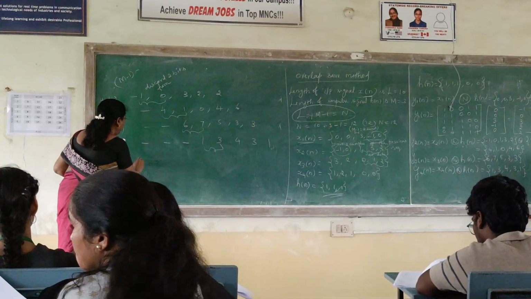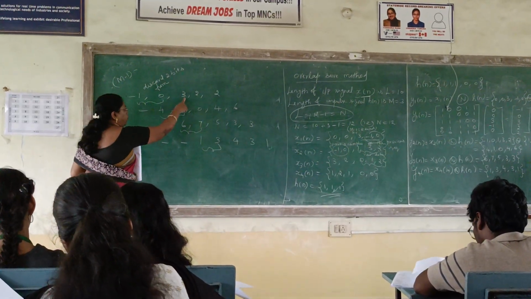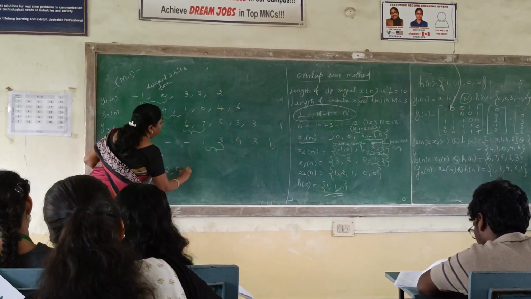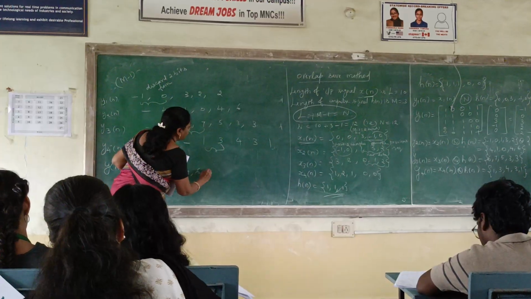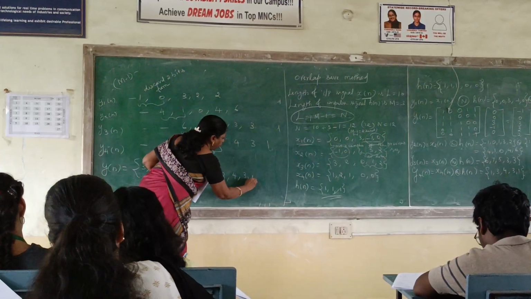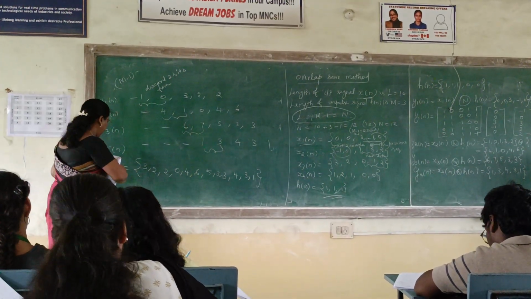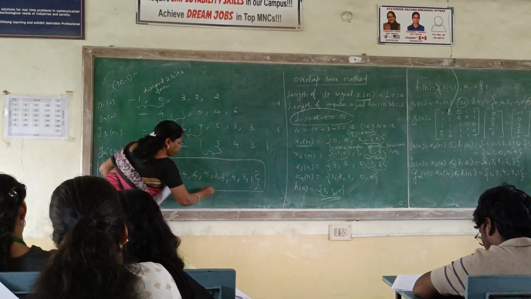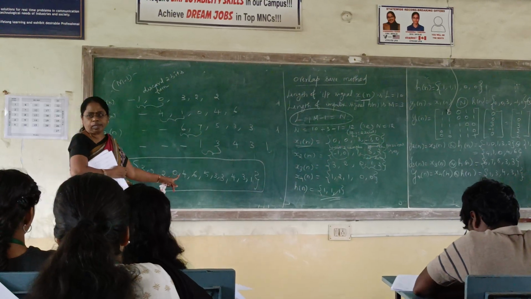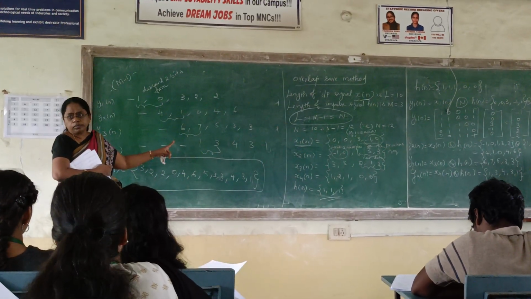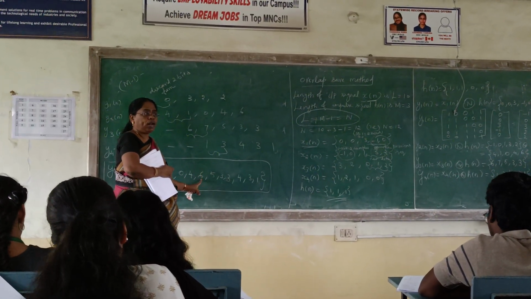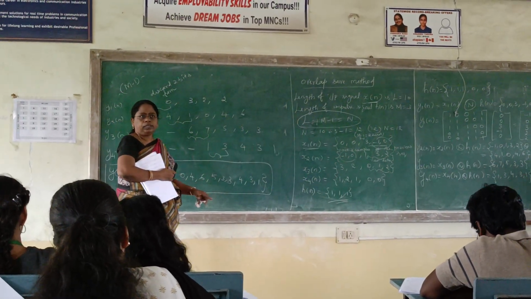Is it clear? So what should be the final answer now? Remove the first two from the first: 3, 2, 2. From the second: 0, 4, 6. From the third: 5, 3, 3. And from the next one: 4, 3, 1. So now count the number of samples over here. How many samples? 12 samples are here. So n is equal to 12. So at last we will be getting it like this. This is overlap, same method.